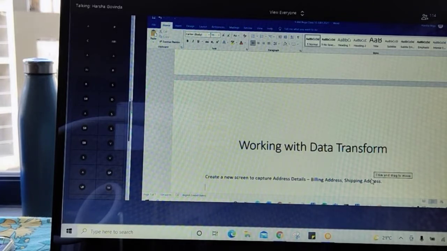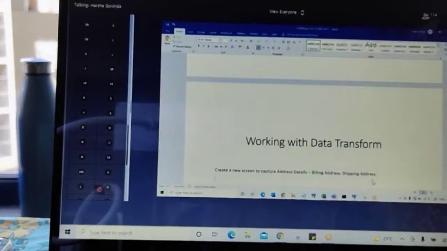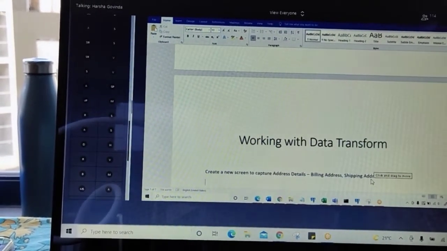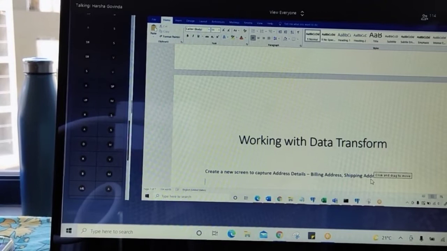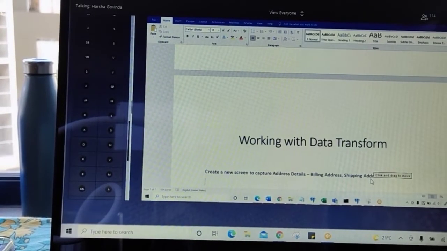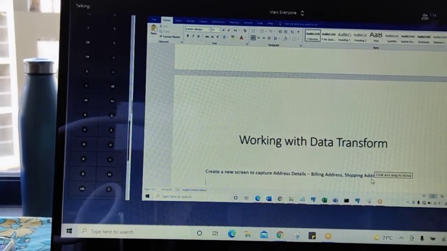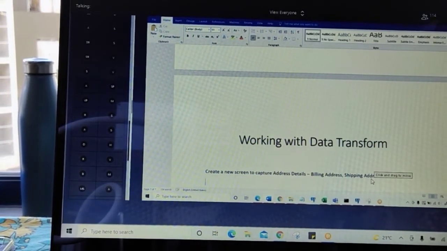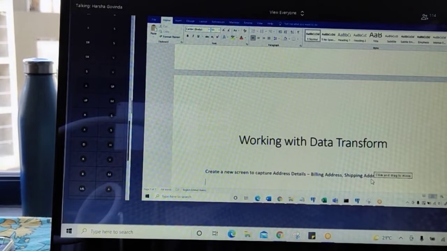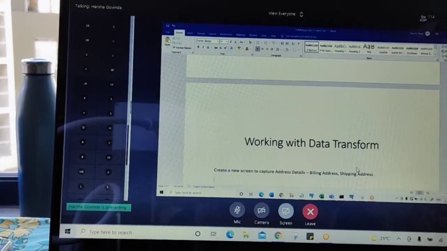Place a checkbox in the above screen. Write down: place a checkbox in the above screen. You should be placing a checkbox also in the above screen. Okay, done. That is what we are going to do. We are going to place a checkbox in the above screen. Next step further.